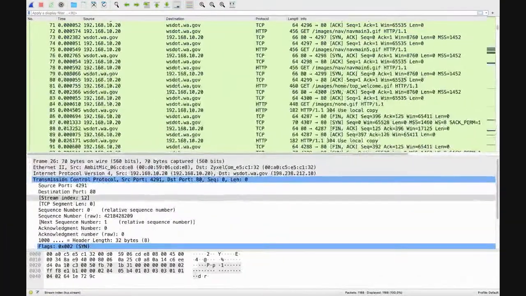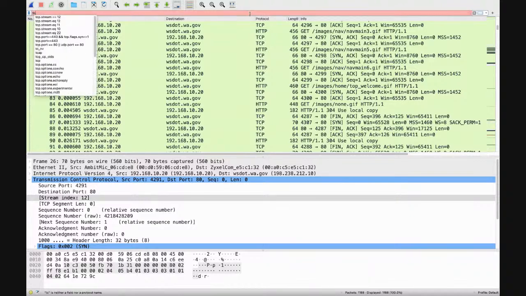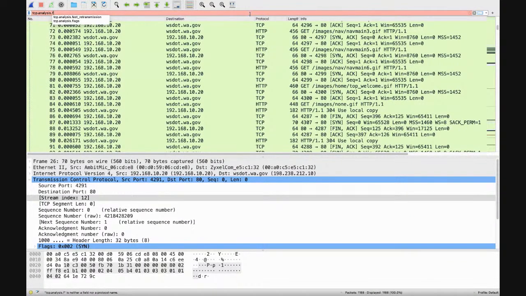So we're going to apply a display filter here. So let's go in and we're going to apply that display filter. And in this case, we want every bad TCP frame. So there's a nifty filter for that. And that is tcp.analysis.flags.